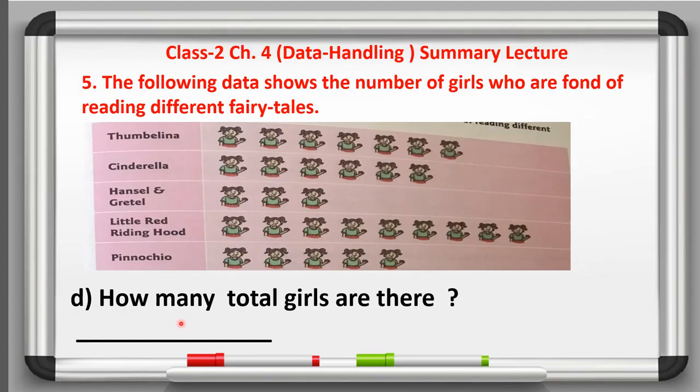Okay, so here beta we have to count the number of girls. 1, 2, 3, 4, 5, 6, 7, 8, 9, 10, 11, 12, 13, 14, 15, 16, 17, 18, 19, 20, 21, 22, 23, 24, 25, 26, 27, 28, 29, 30. So there are 30 girls. So here we will write the number of girls, that is 30. Okay,